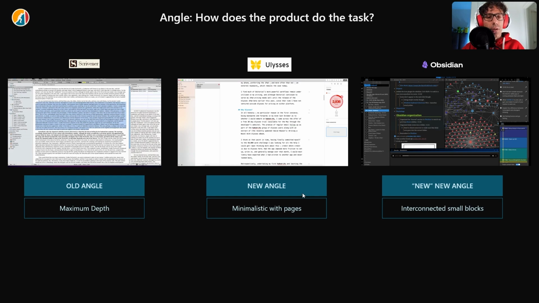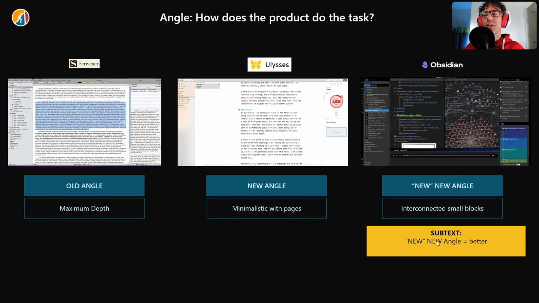And then the new thing. The new thing, like Obsidian, considers every paragraph a block. And then they are connected. Versus a page is a thing, a paragraph is a thing. Now, the subtext of new is that it's better. We know that new technology, the new thing is better. And now you're looking at this like, yeah, I disagree with that. This doesn't look better. Like, yeah, there is some nuance to the new is better.